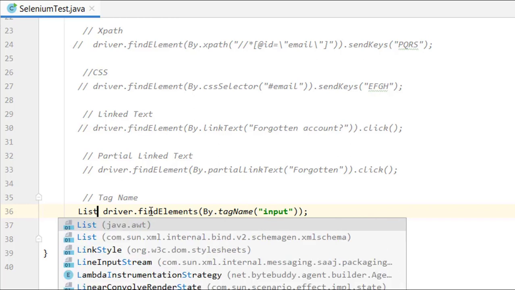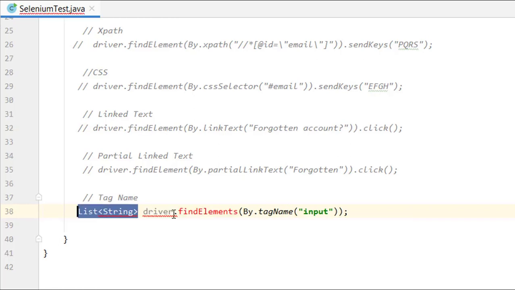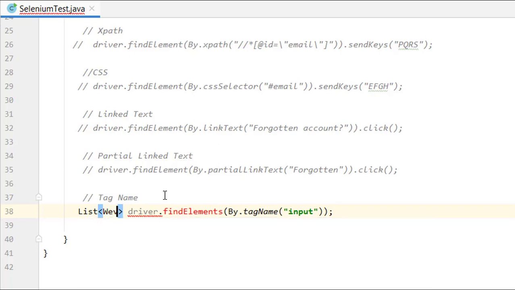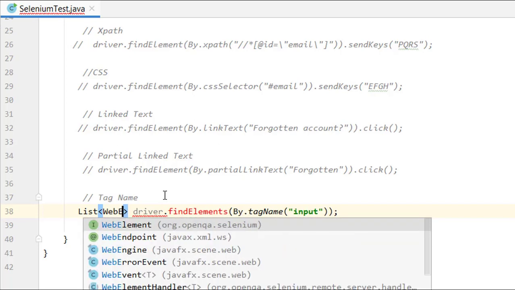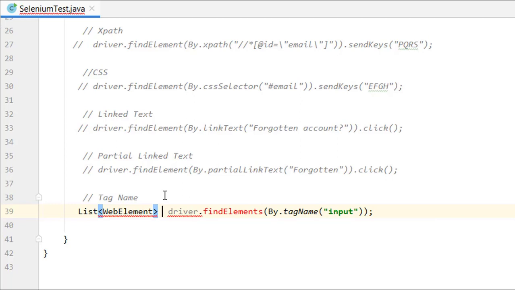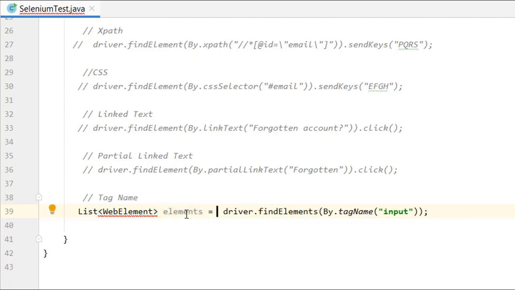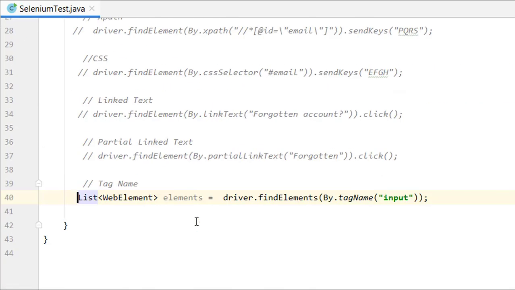So let me do a list in here. It will return a list of web elements. So let me do list of web elements, and let me give it the name elements. Okay, so we have provided this particular web element in here, and we have got all the elements in this elements list.